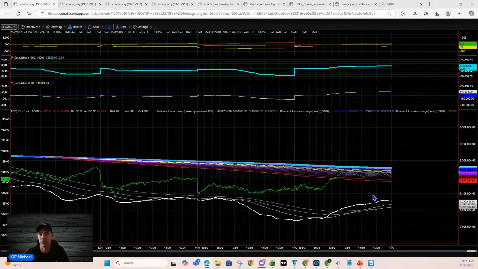triggers to enter positions. So again, we did see a short-term bounce yesterday in the cumulative tick, the bolded white line, but we're still under the colored ribbon. So we're prone to failure, as we say here at Gamma Edge, so we could quickly roll back over under these shorter-term momentum moving averages. If we do stay above those moving averages, we want to see the cumulative tick move from lower left to upper right and start emerging outside the colored ribbon,